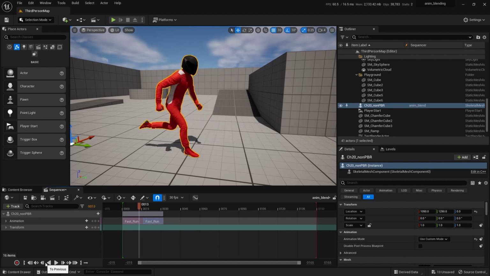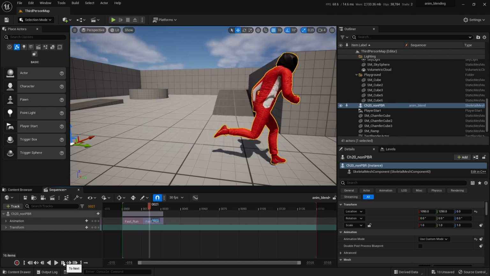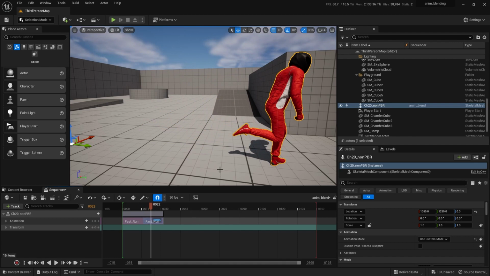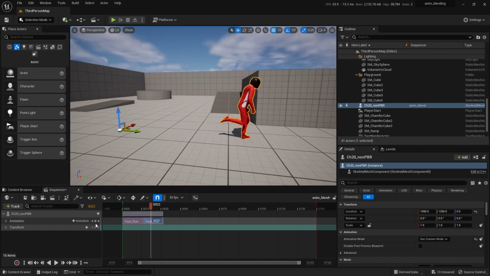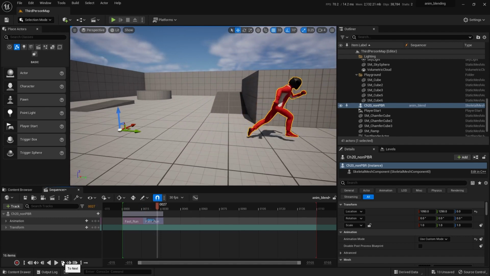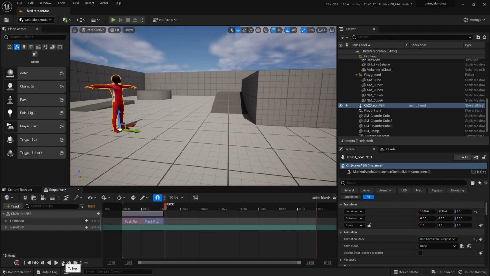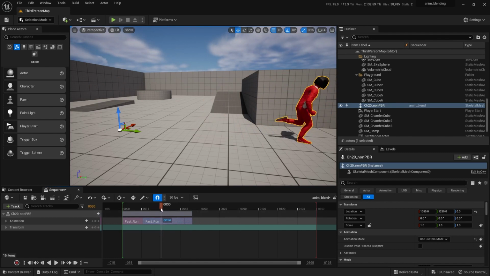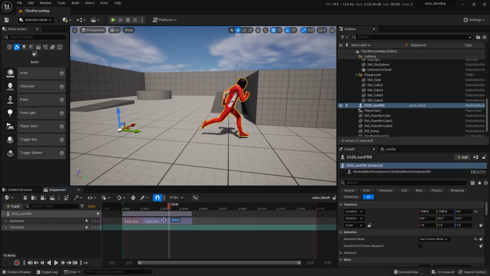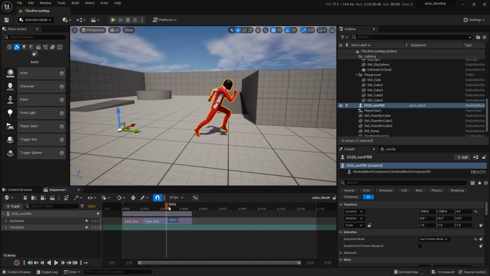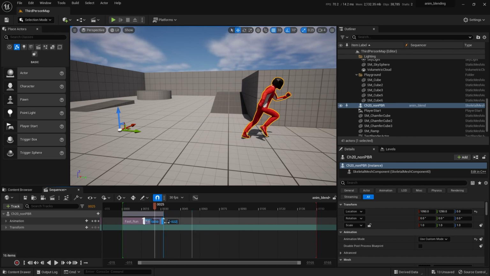Again, notice the difference here. It's nice and smooth versus what we had before. And what happens is when you get to the end of this one, he's going to pop all the way back here. If I was to extend the second one, we're back to the issue we had before. He's going to jump back to where he started from. Now this whole clip is continuing to have the same offset that we set from the bone matching. So he's going to have that same offset. However, if we need even more of a run, we need to do the same thing again.